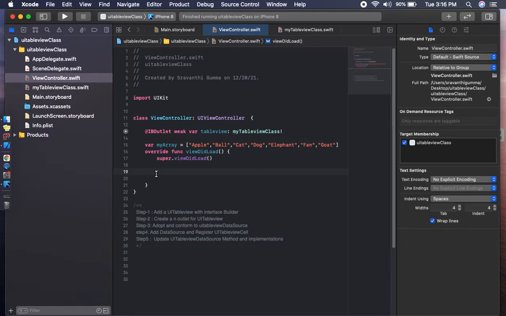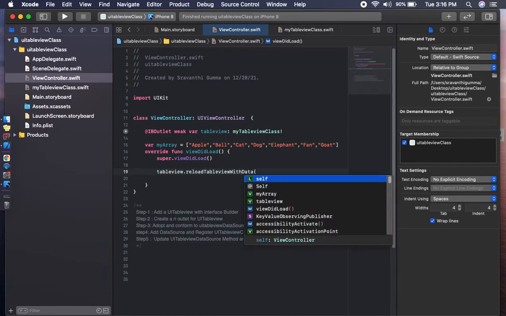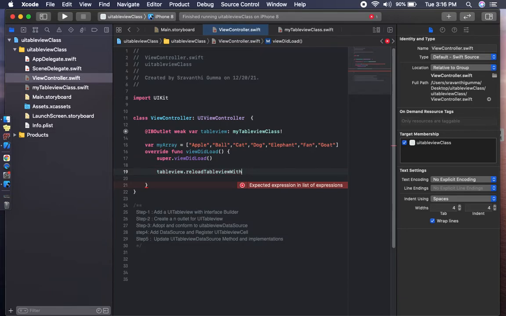Then we have to call the table view dot reload, then we have to register the UI table view to the class.